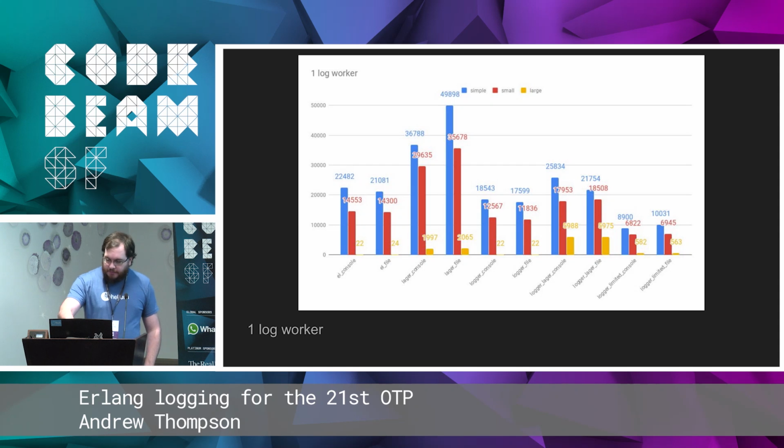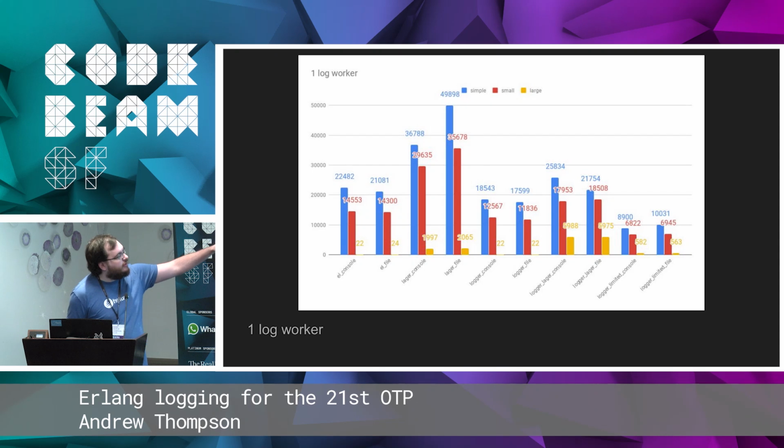It's one worker. The other thing that's interesting, we have error logger file, error logger console, logger file, OTP logger console, OTP logger file. Then we have a weird hybrid that uses the OTP logger pipeline with the logger formatter, which is the one that hard limits to 1 kilobyte. So we have 2 of those, one for console, one for file. And then we have the configuration where I've configured the built-in OTP logger size message limitations. And so you see that when